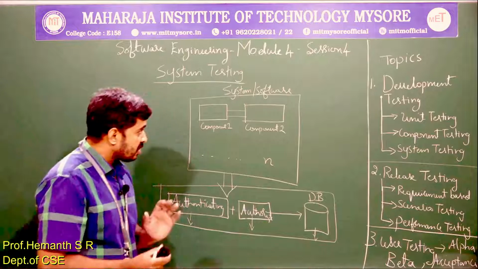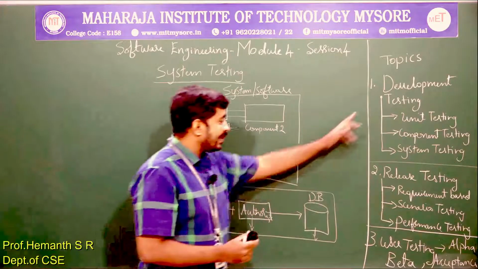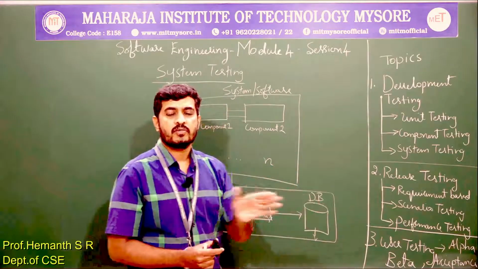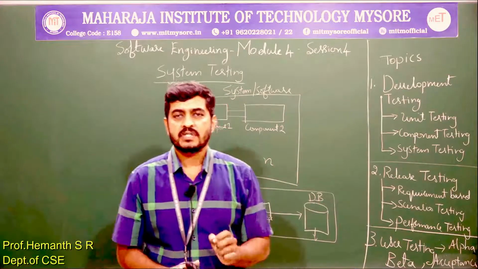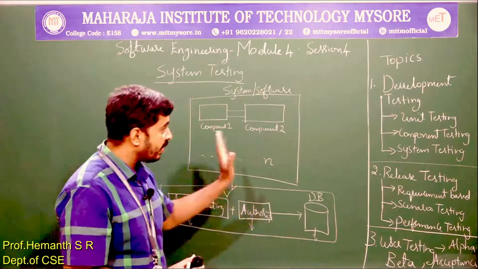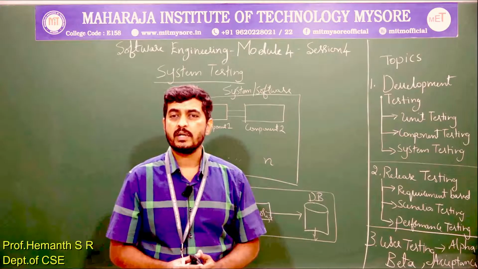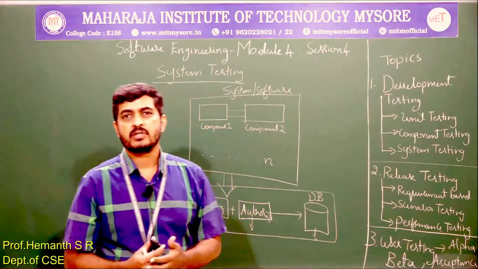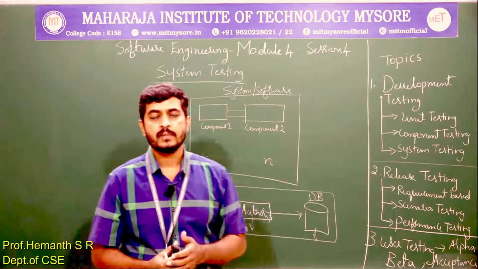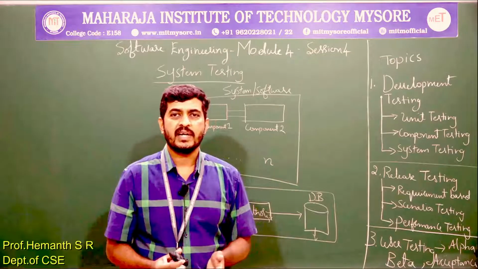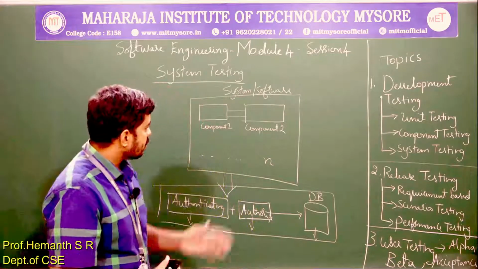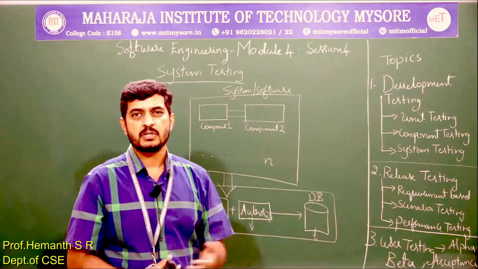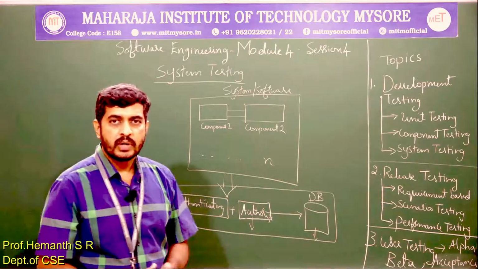To summarize, we were in development testing. Development testing is one of the stages of software testing. In which stage is it done? It is done during design and coding, when the software plan is being done and when coding is being done for the software. Development testing can be done at different levels, starting with the smallest unit, the smallest part in the software, the smallest function, the smallest routine, which we call unit testing.